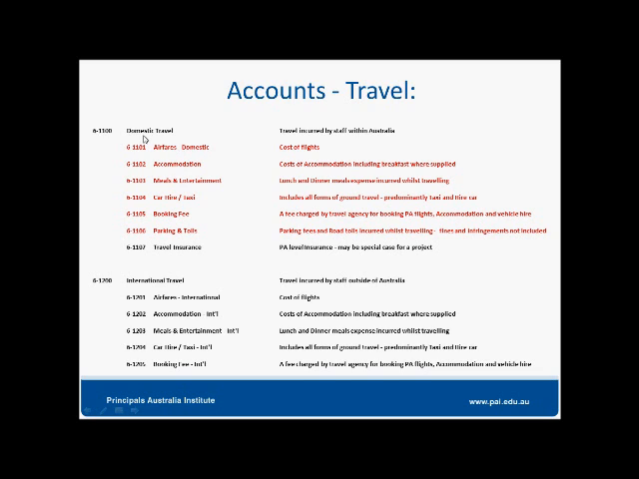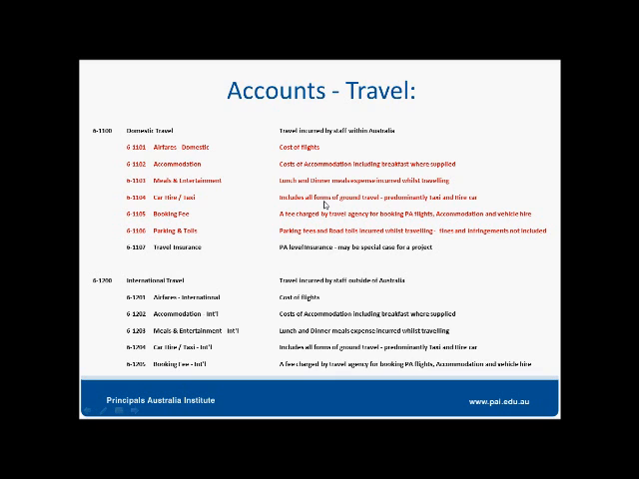If we look at domestic travel in the 61100 grouping, we can see that that's travel incurred by staff within PAI and within Australia. So what we're looking at really is to identify all the cost of flights using airfares domestic, accommodation, meals, car hire, booking. The explanation